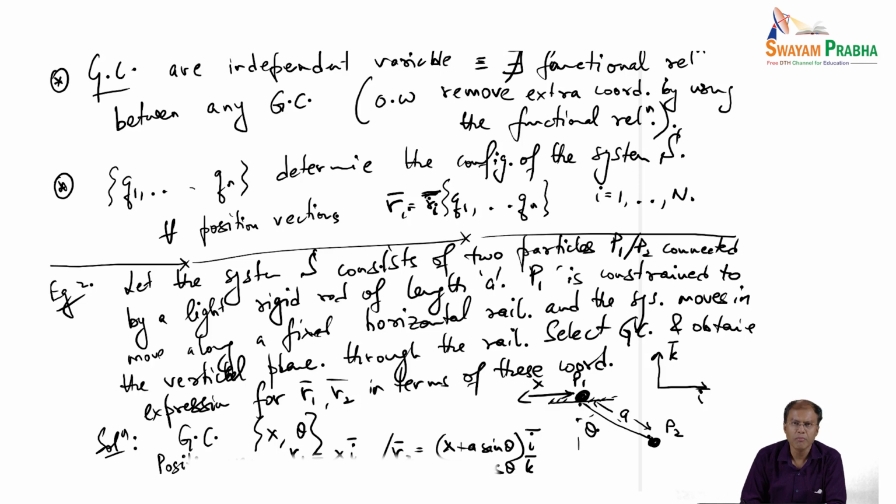So that is a very simple problem, determining the position of the system using the generalized coordinates. The generalized coordinates are the independent variables here, which are x and theta. A is a fixed number, so that is not a variable. Okay, so then